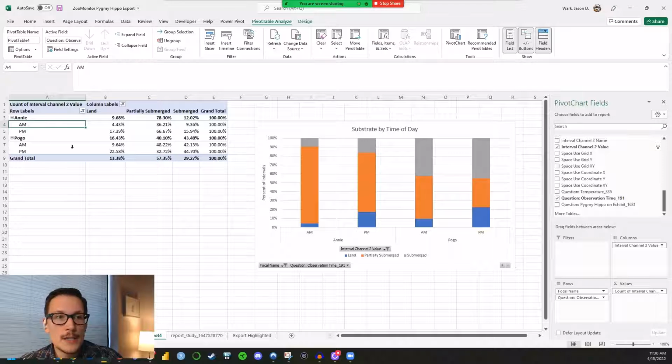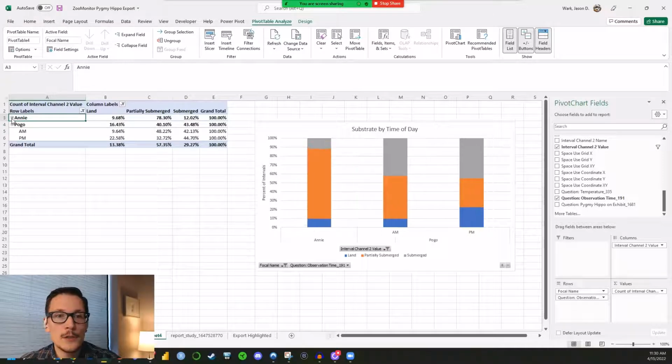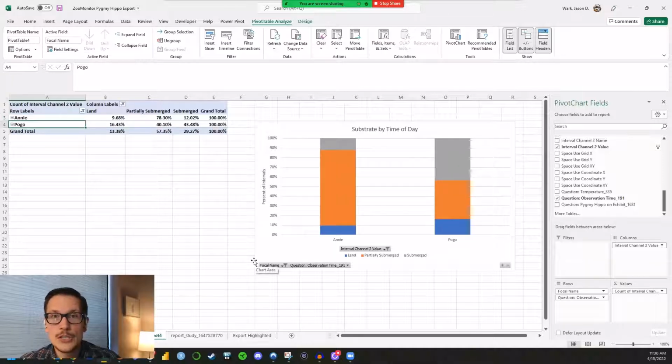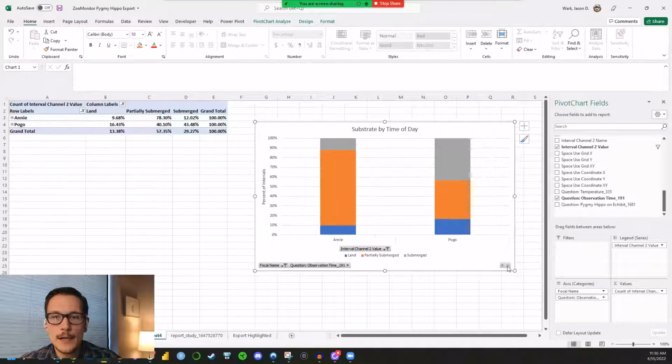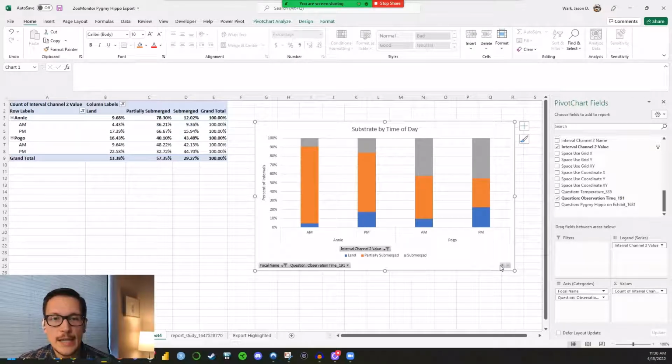What this plus and minus is referring to is basically expanding and contracting, expanding and collapsing, these categories over here. So if I were to do this for just Annie, you can see basically what that bidirectional link looks like. I collapsed it for Annie, and now Annie has one column, but Pogo still has two columns. And if I did it for Pogo, you'll see it just did it there for Pogo as well. And so you can play around with that just to look at basically how your data looks collapsed and not